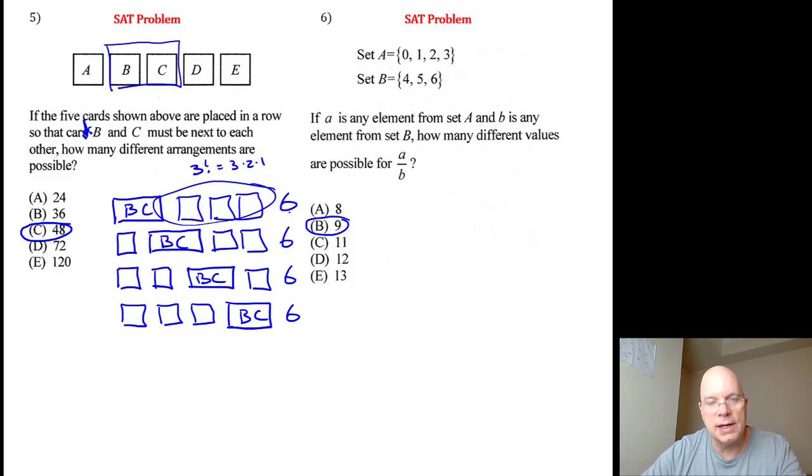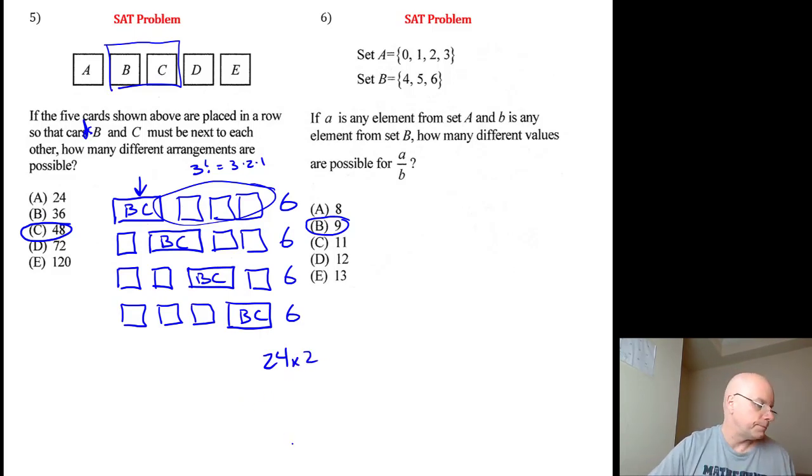And you might say, wait a minute, 6 plus 6 plus 6 plus 6 is 4 sixes, that's 24. Yes, but this BC being together, like we said, could happen 2 ways. It could be BC or CB. So we need to then double the 24 to get 48. It's pretty tricky. It's pretty tough. Okay,